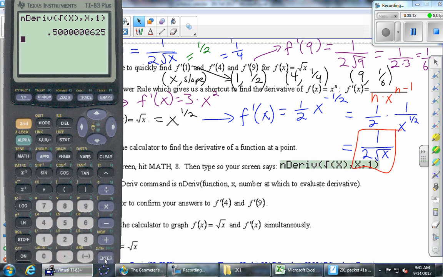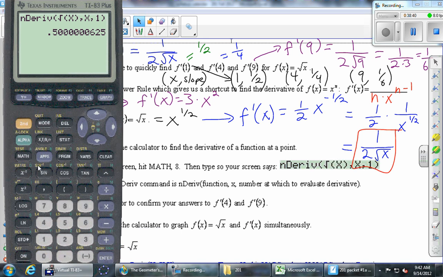Calculator's not as smart as we thought. It is estimating. The calculator knows zero calculus. It is just approximating slopes of secant lines, and it got pretty darn close to the right answer, which is 0.5 exactly. You know, like that is a tolerable error. It just makes a table. I don't even think it makes a table. I think it just picks a point that is just a tiny bit on this side and a tiny bit on that side, finds one secant line, and that's what it comes up with.